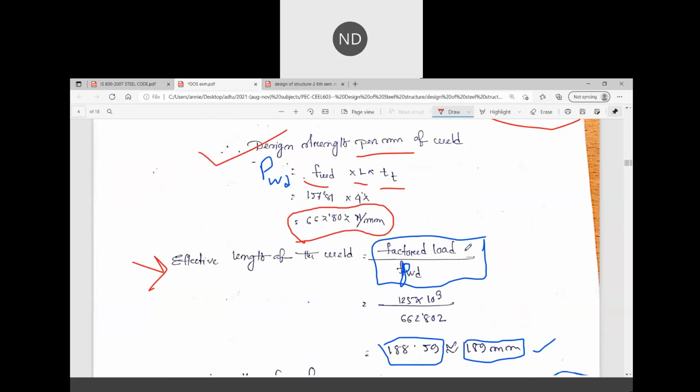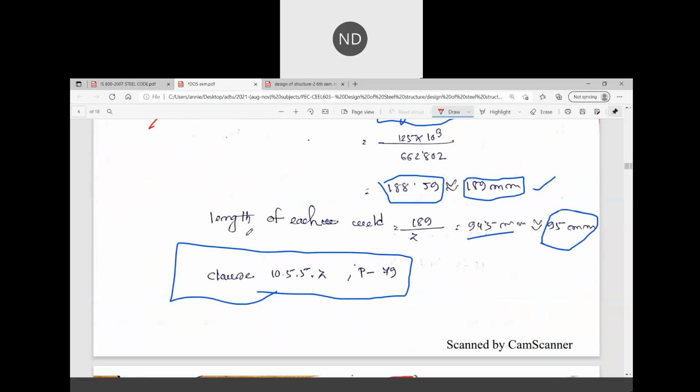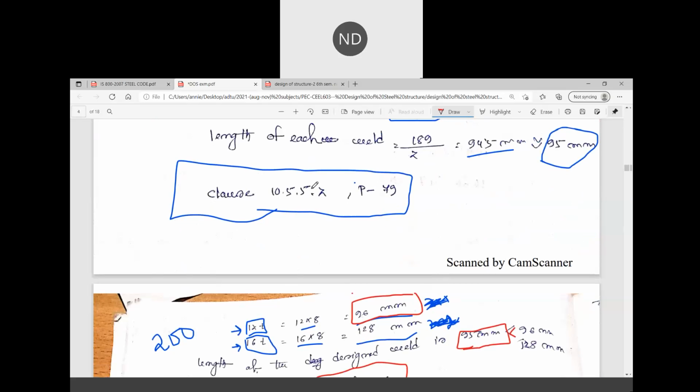So how do we check that? We have calculated on each side, that is the top one and the bottom one, how much is that size, 95 mm. We had taken it to be 95 mm. Then from clause 10.5.5.2, we have checked the 12T and the 16 times the throat thickness. So the clear